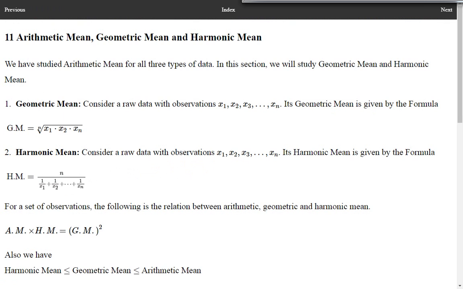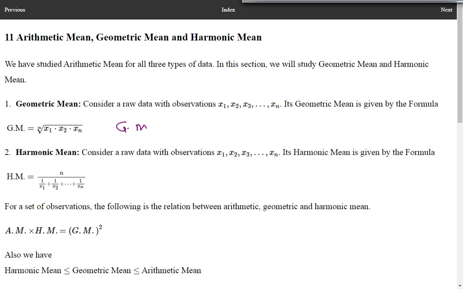So there are three types of means: arithmetic mean, which is also called the mean or simply the average value. Secondly, there is geometric mean and another is harmonic mean. Geometric mean is obtained by taking the nth root. So you can remember geometric mean as